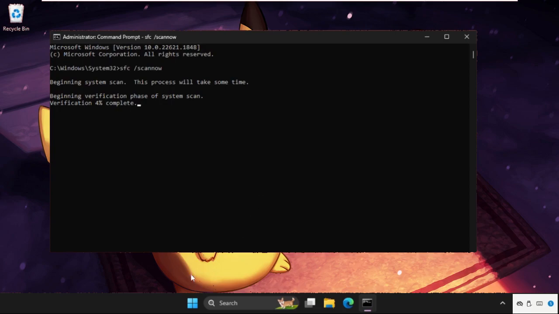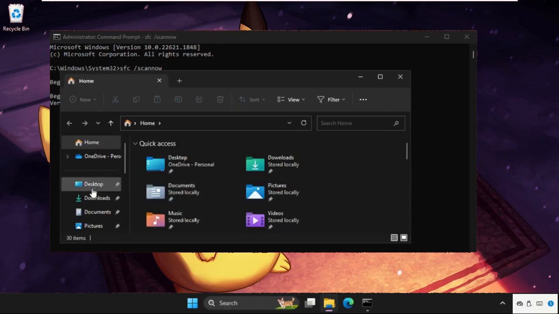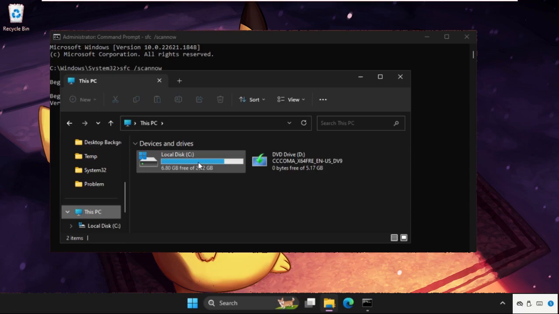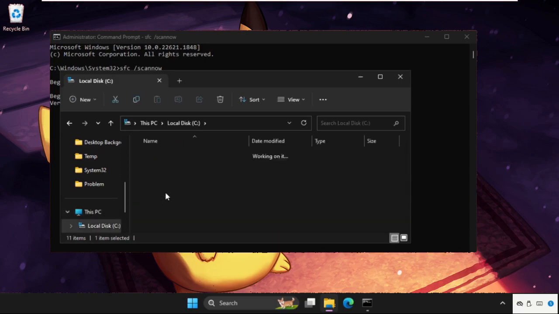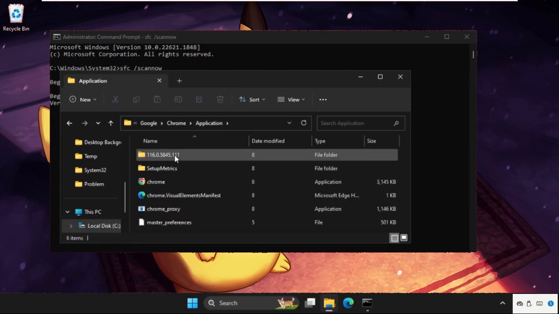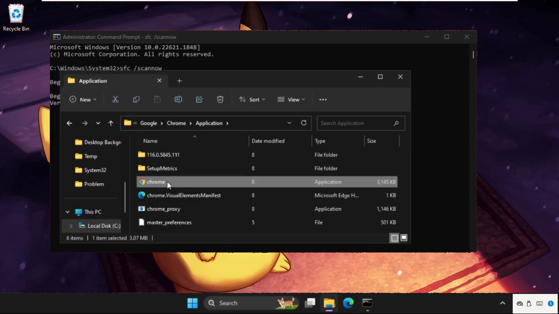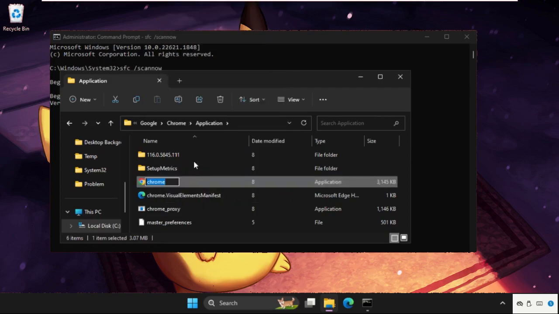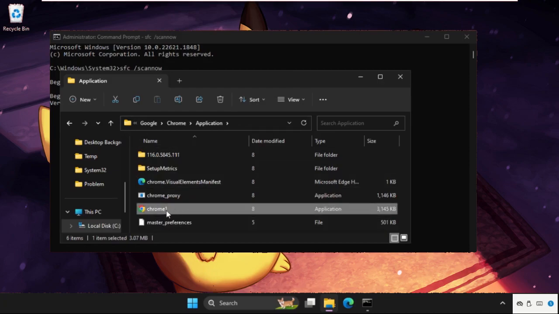So simply we need to open File Explorer, then go to this PC, open C drive, then open Program Files, open Google folder, open Chrome folder, then open Application folder. Here you will get the Chrome application, so right click on it, select Show More option and rename it. You can also add 1 at the end, hit enter, then right click on it